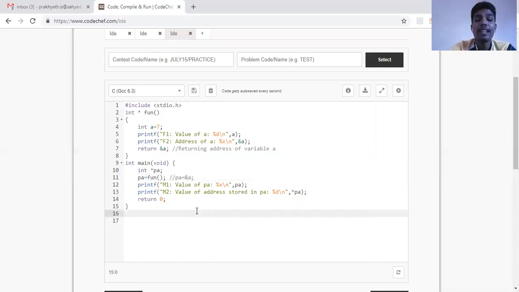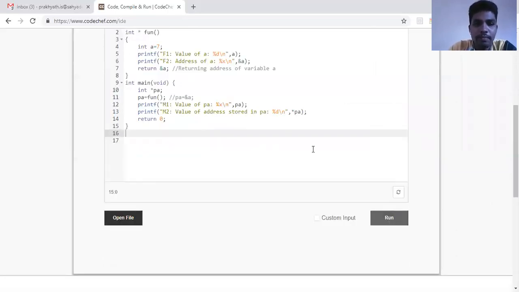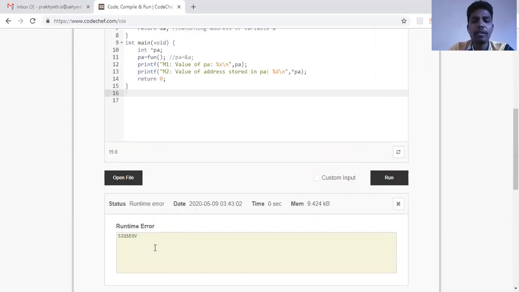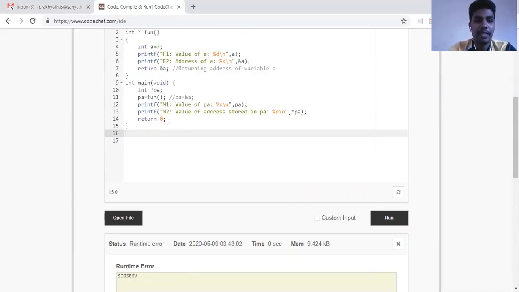Okay, now we'll run this program. There is a logical error. There is a runtime error in this program. So what is it? We'll see when we run this particular program. Okay, so we'll run the code. So you can see here, as I said, there is a runtime error. We have to be very careful with these kinds of errors in pointers. Very, very difficult to solve because it's not telling what the mistake is. It's just telling runtime error. Where have I committed a mistake? So these memory errors are very crucial to solve.